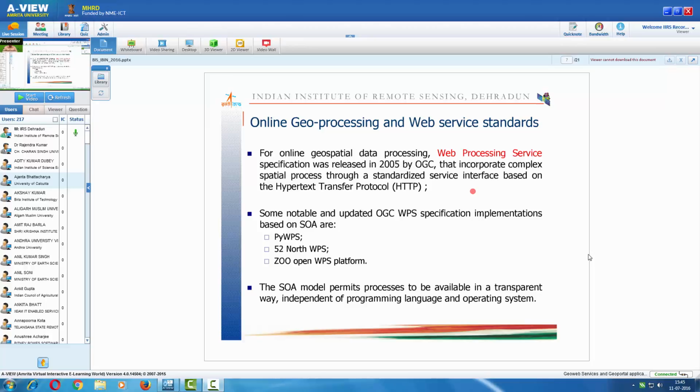And here you can see some of the notable and updated OGC WPS specification implementations based on SOA. You can use, for example, PyWPS. So it's basically a Python based web processing service. 52 North WPS is another framework which is freely available to you. You can also use it for your data sets. Another implementation is the ZOO Open WPS platform. It is a recent project in the OSGeo